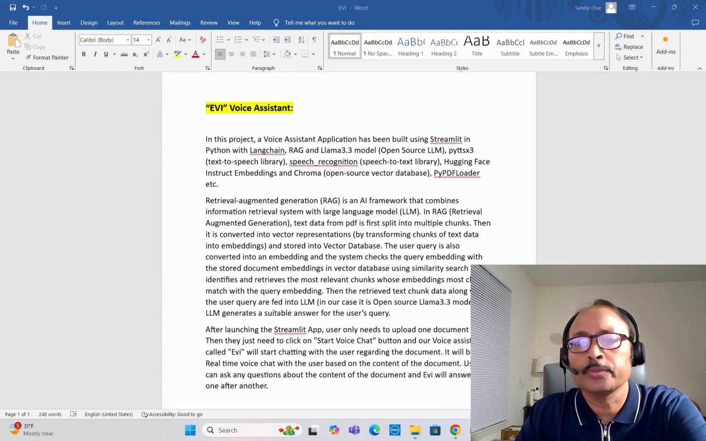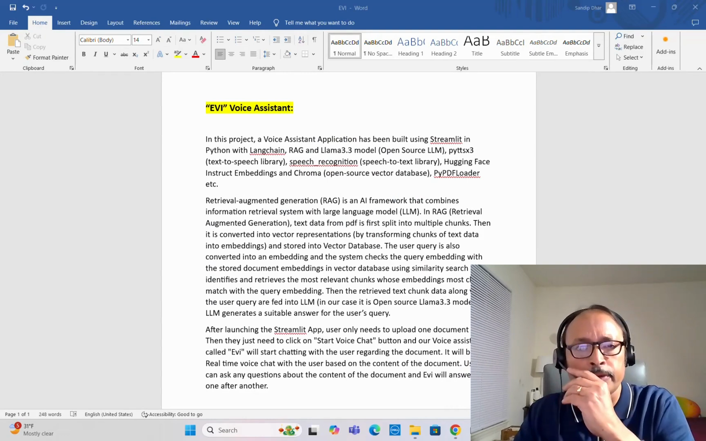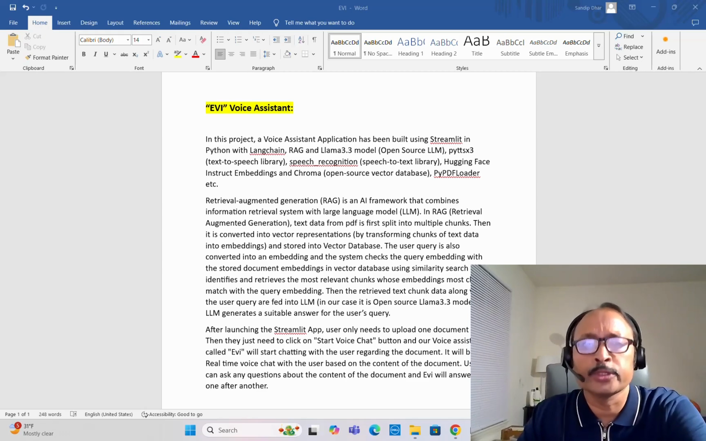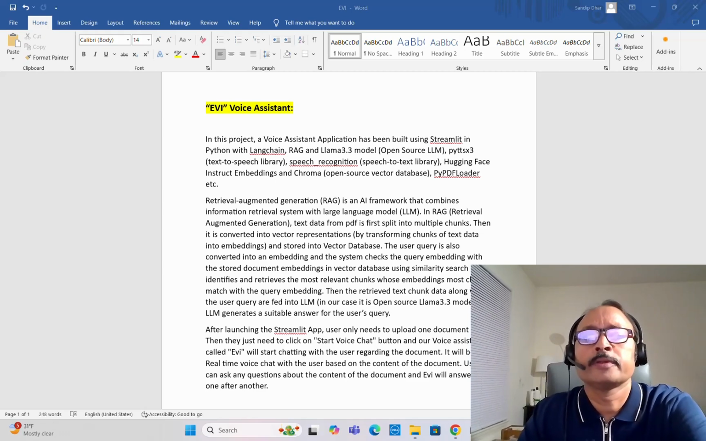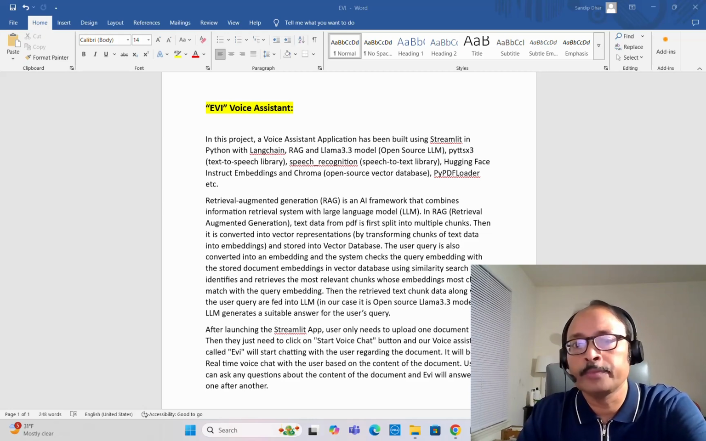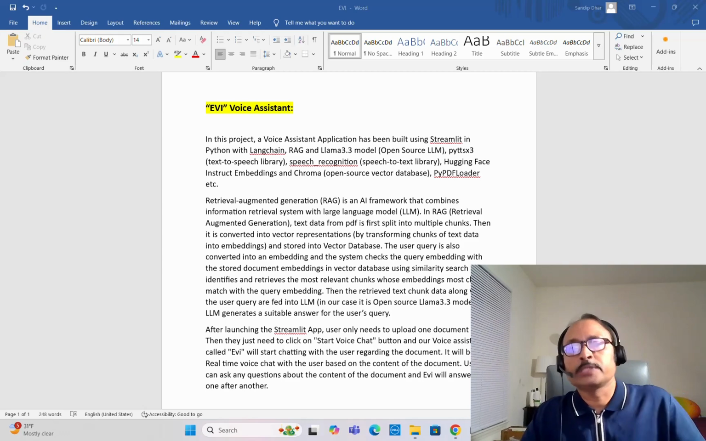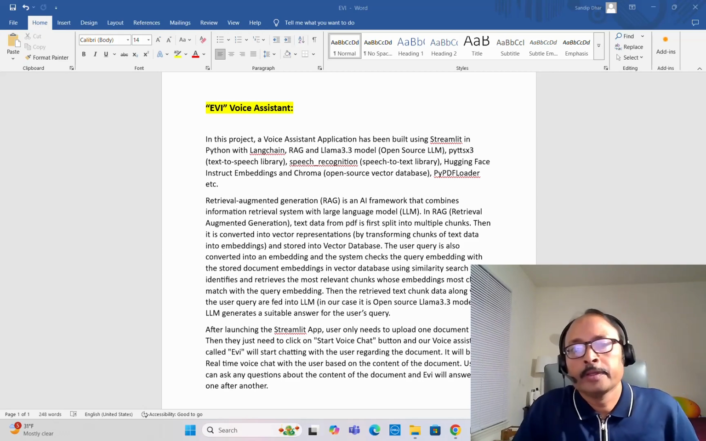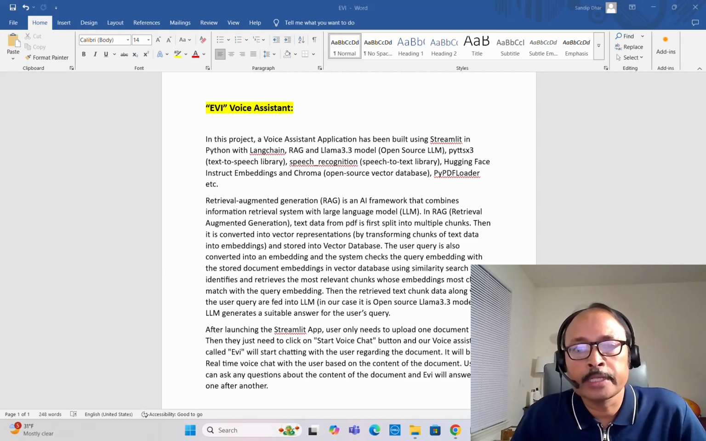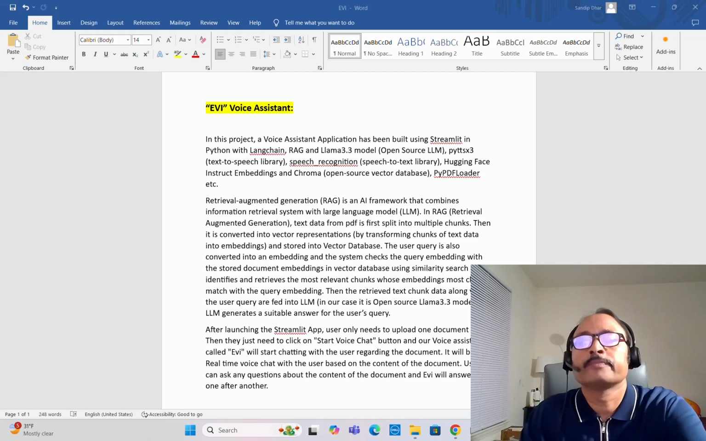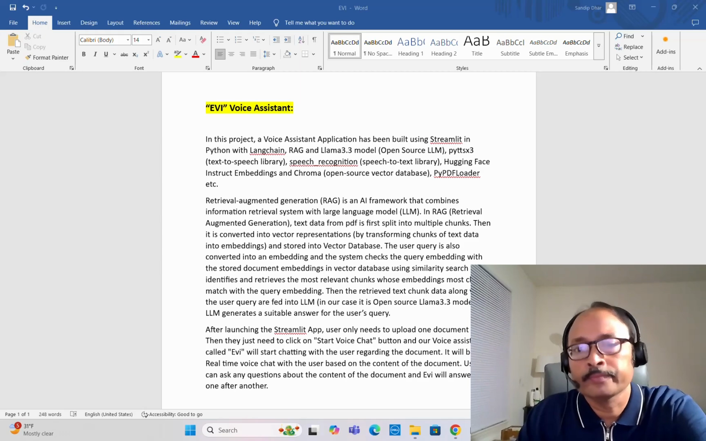So in this project, we'll build a voice assistant called Evie. It's going to be a general purpose voice assistant. We are going to build this application using the Streamlit library in Python, and we'll use LangChain, then RAG, that is retrieval augmented generation, and also the Llama 3.3 model, that is the latest open source LLM,